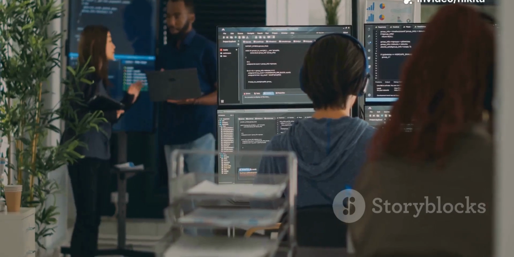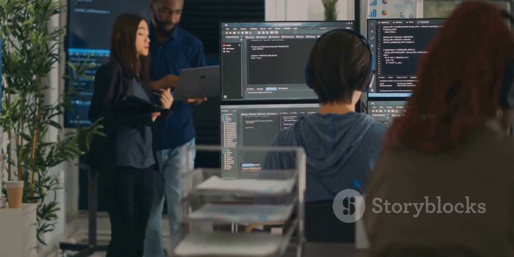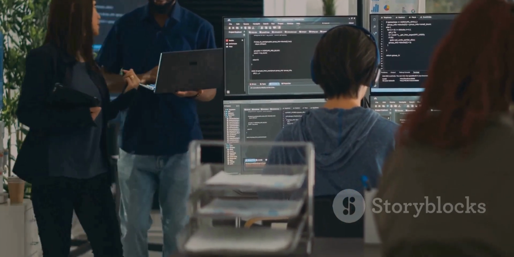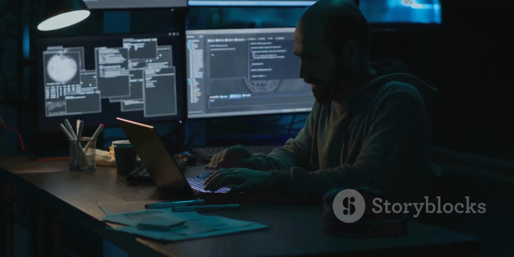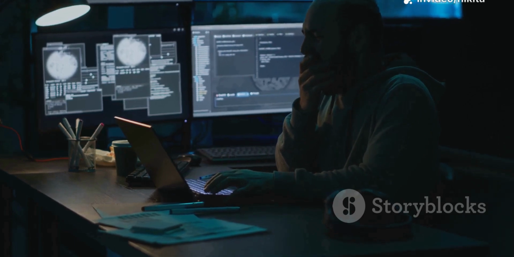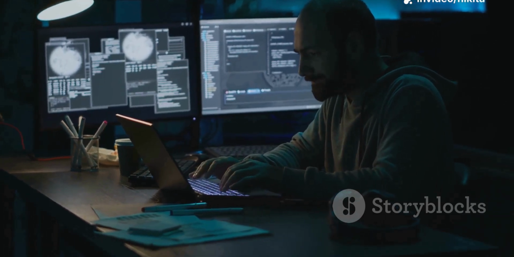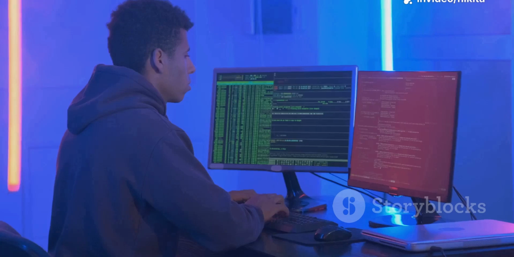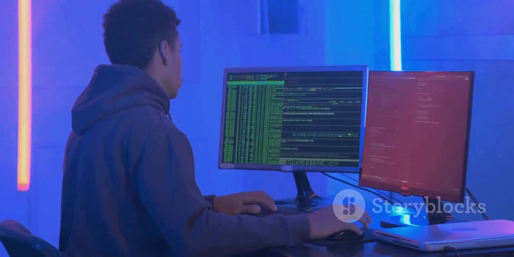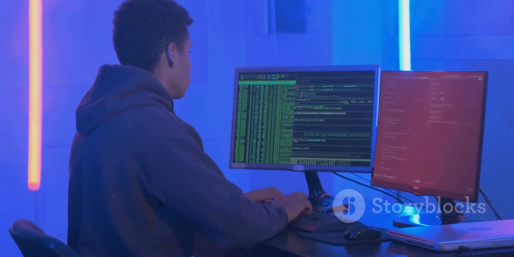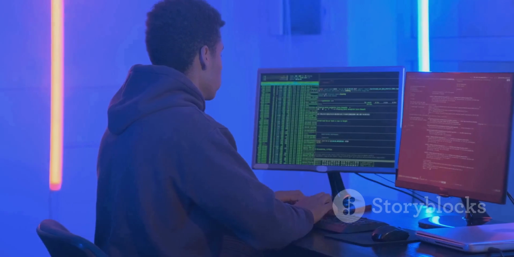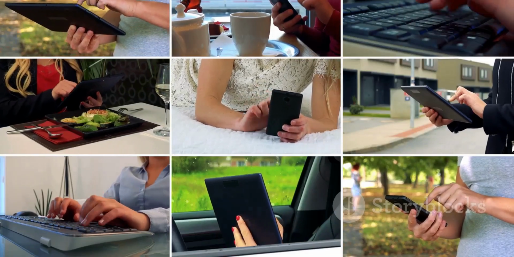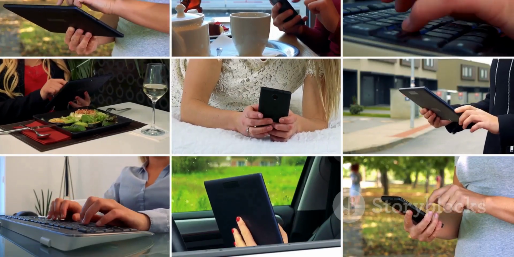Both fields offer exciting career paths in technology, with opportunities to specialize or even bridge the gap as a full-stack developer. Whether you're drawn to the visual world of the front end or the data-driven back end, there's a place for you in this ever-evolving industry. Explore both areas to see which one sparks your curiosity. Learning the basics of each can help you become a more versatile and valuable developer. Together, front end and back end create the websites and applications we use every day, shaping